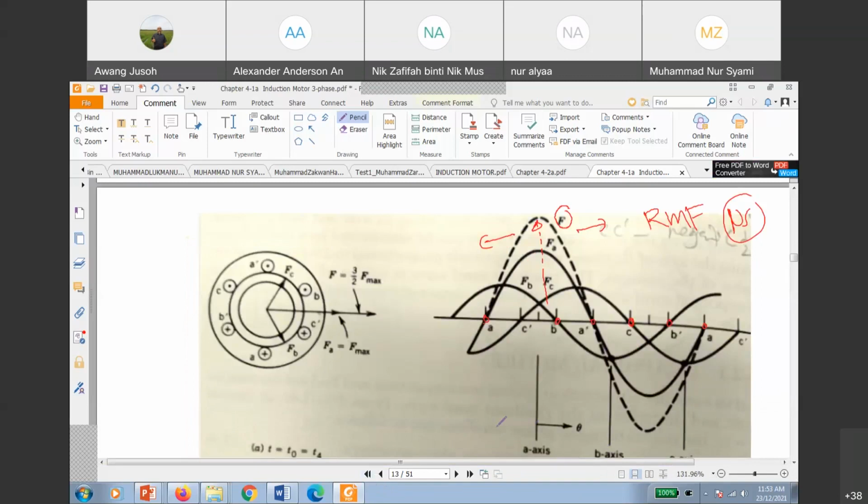Okay, this is your machine just now. Where is A? A, B, C, right? A cross, because just now I'm positive, cross, A bar dot. Understand? This is the notation of current at T naught. I know I'm explaining about T naught. B just now is current negative. So negative means B is dot notation, and B bar is cross. And C also dot. So negative current, and C bar is cross.